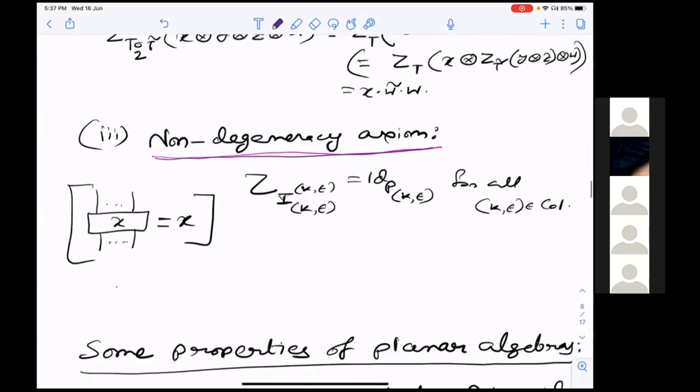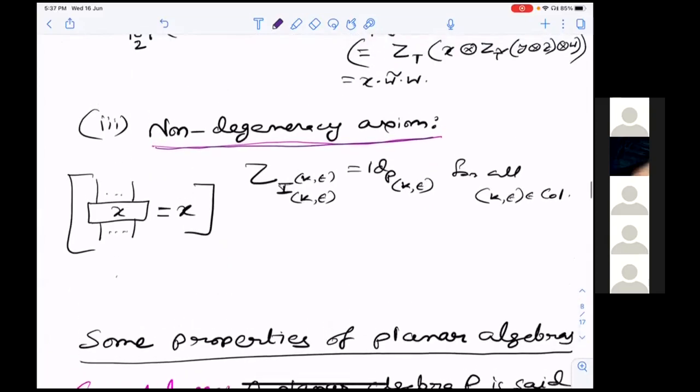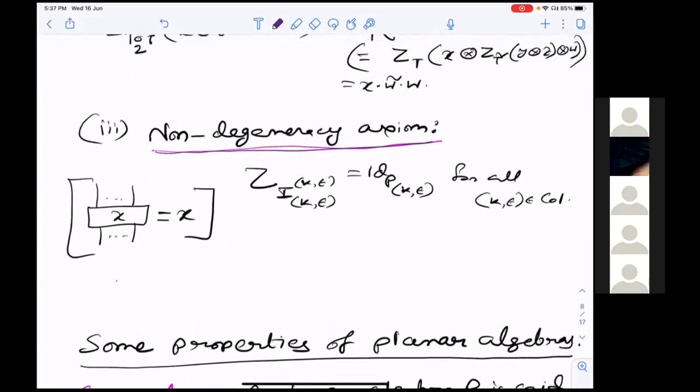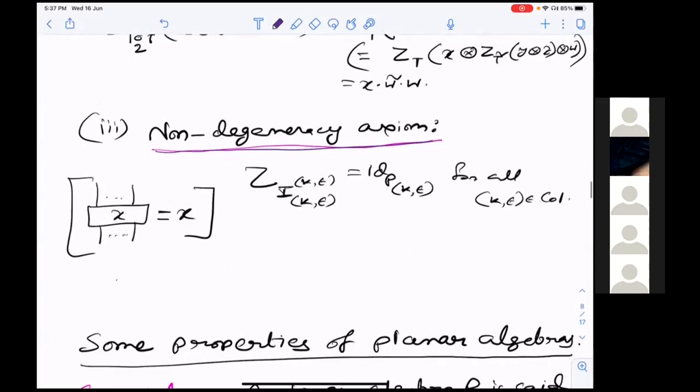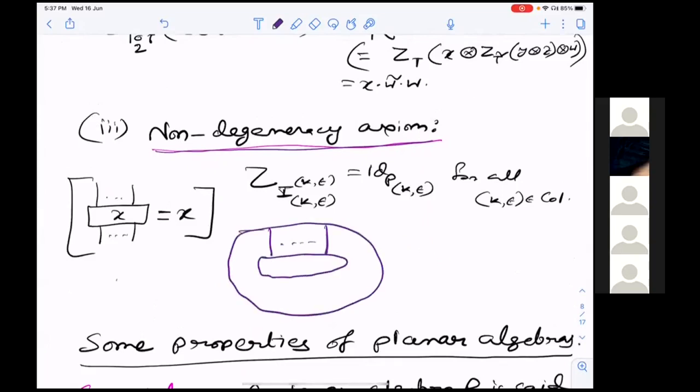So this tangle I_k^ε, I've called it the identity tangle. Now it will be clear why I called it identity tangle. So what is I_k^ε? This is an annular tangle. This has k many external disks and 2k many internal disks. The color of the external disk is k plus. The color of the internal disk is also k plus. I have drawn the plus; you can do the same thing for minus also. So this is my identity tangle.